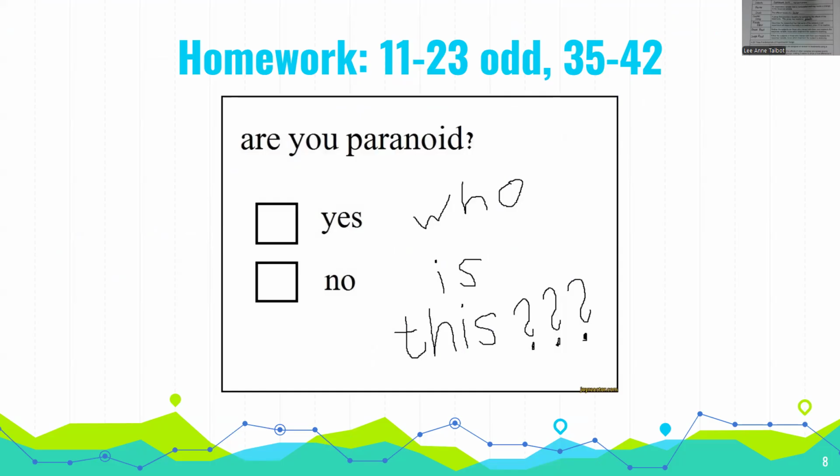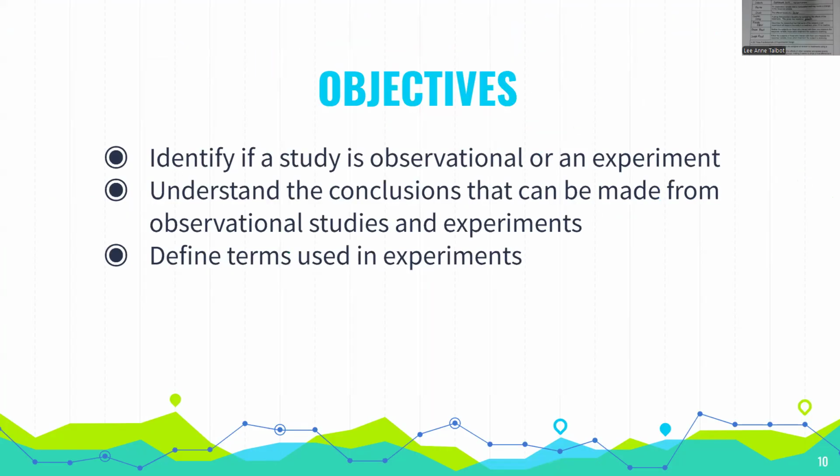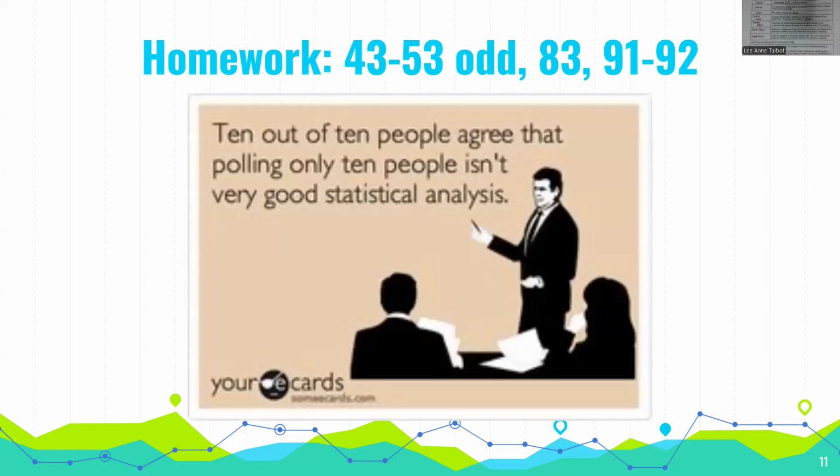Do you get it? Because the person's really paranoid. Hilarious. Okay. Here's the next one. 10 out of 10 people agree that polling only 10 people isn't very good statistical analysis. Also true. Okay,